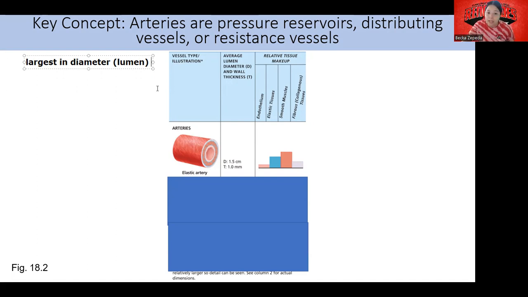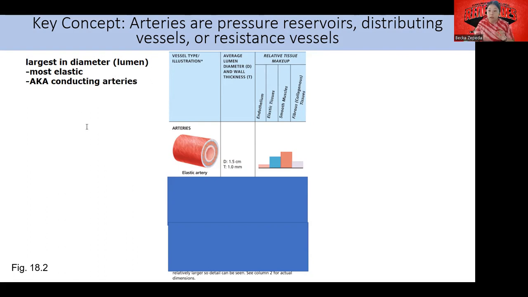But they are the largest in diameter, these elastic arteries. So they have the largest lumen. They are the most elastic, that's why we call them elastic arteries. And they're also called conducting arteries. Now, why they are the most elastic and why they're called conducting arteries